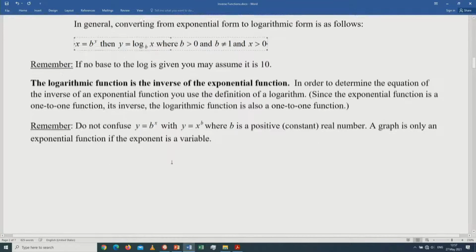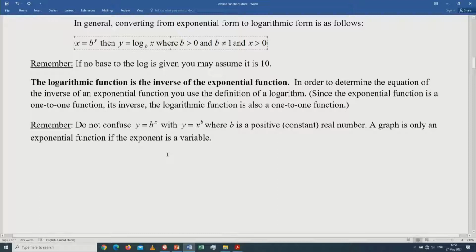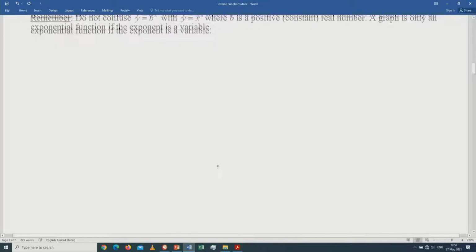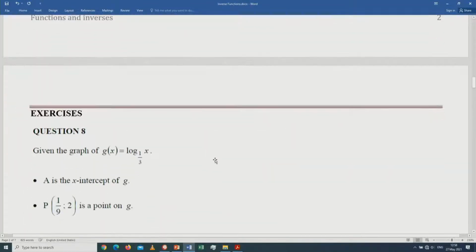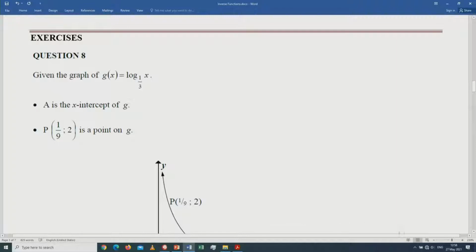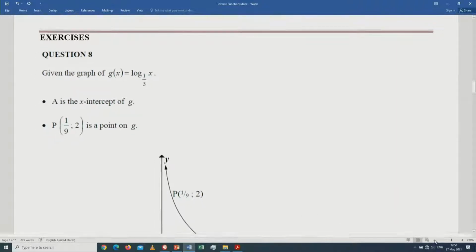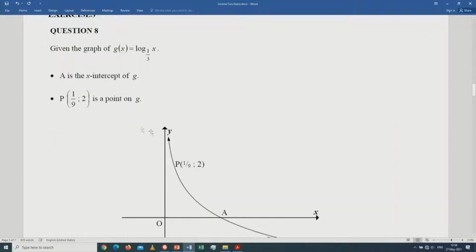Thank you. Let me do a few activities that relate to the log functions. Fine. Let's check what we have here. Given the graph of g of x equals log x base 1 over 3. It's a log. It's given. Maybe before I go to these logs, I can take you through